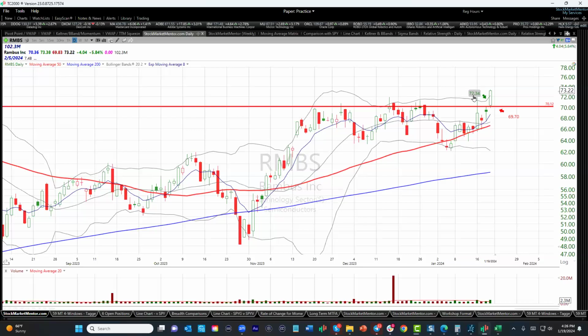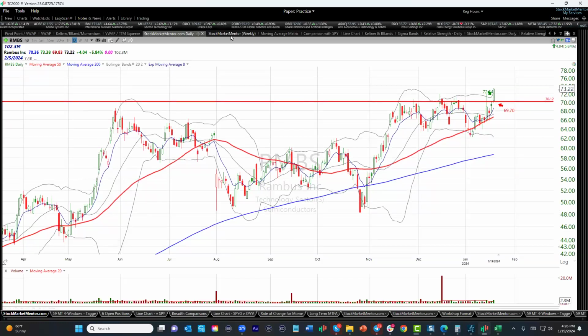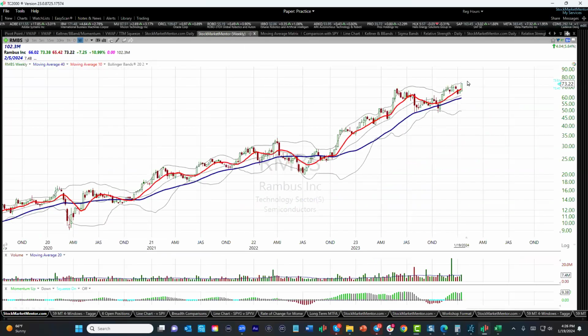I have a small position in this. I actually have a pretty big position in NVDA relative to my trading account. And so I like these two a lot. I think you can look at Rambus and say, all right, this thing is going to go higher. As far as a price target,